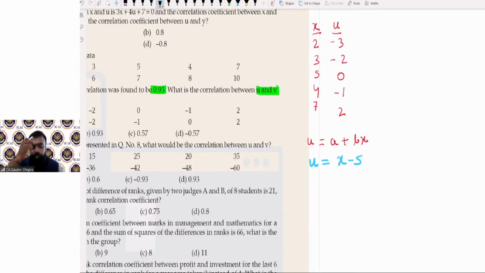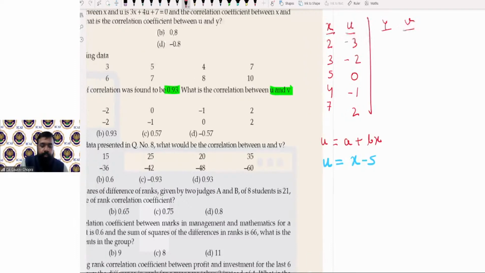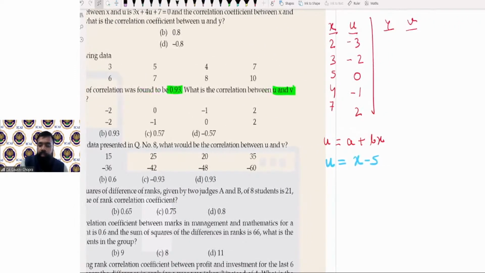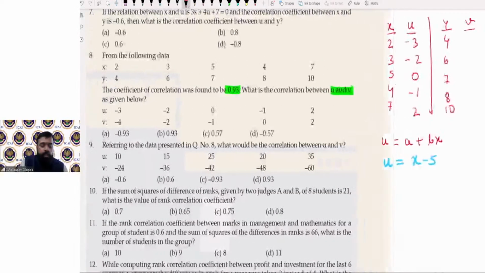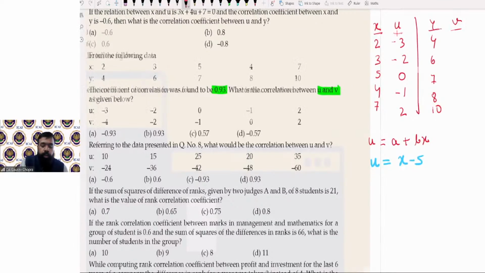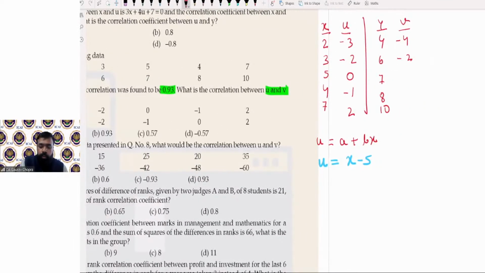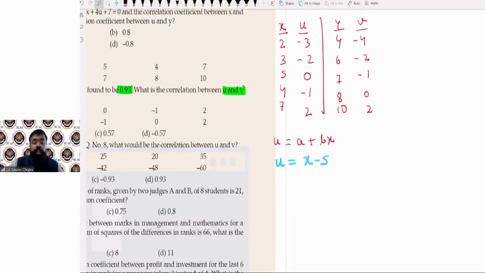अभी क्या करना है आपको? Second y के लिए भी लिखना है, तो y and v. y is 4, 6, 7, 8, 10, and then v is given -4, -2, -1, 0 and then 2। So y and v में क्या रिलेशन है? There is a difference of 8, you can see। y में से 8 subtract किया, you get v। To write down the second equation, v is equal to y minus 8।